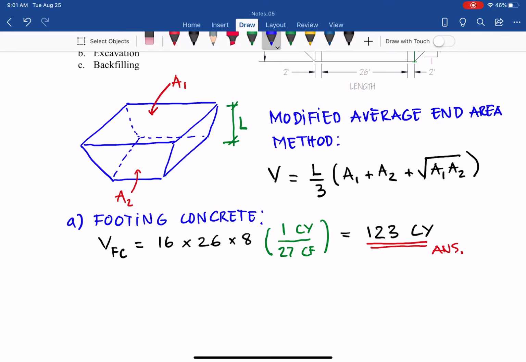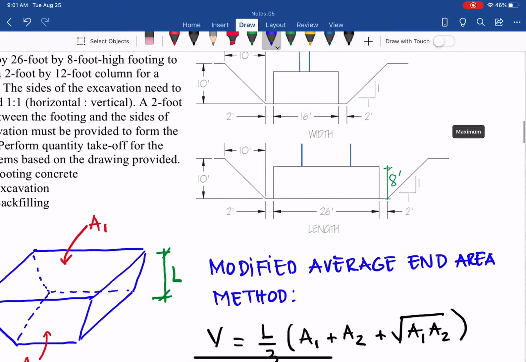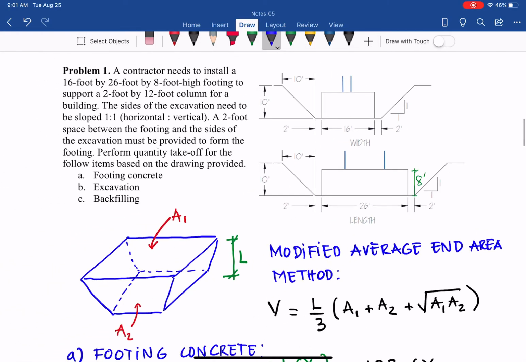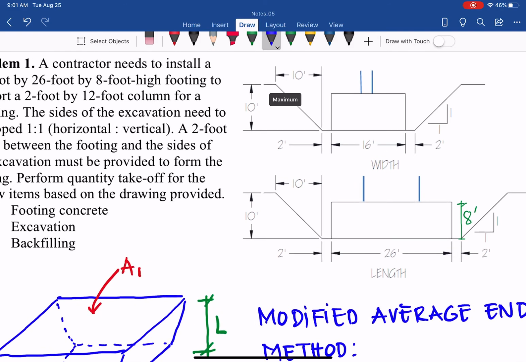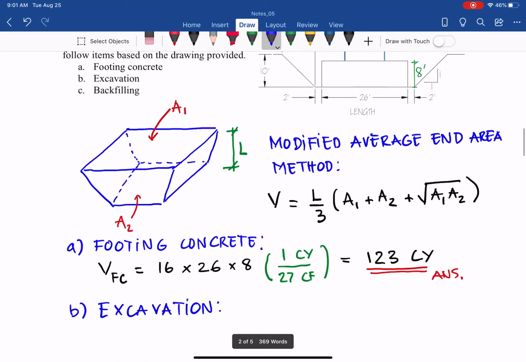Now move to B, that is the excavation. To put the footing concrete down, we need to excavate. The drawing gives us the depth as 10 feet, as you can see there. And we know the base for each side: the bottom one, 26 plus 2 on both sides for spacing, and the other side, 16 plus 2 on both sides. So we can find A2 and A1 for this